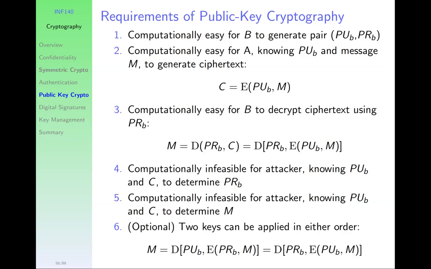And we would like to have a very efficient encryption process and a very efficient decryption process. For security requirements, if an attacker knows the public key, it should be very difficult for the attacker to determine the private key. If the attacker knows the public key and the ciphertext, again, it should